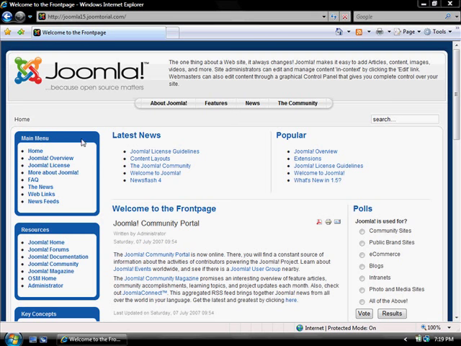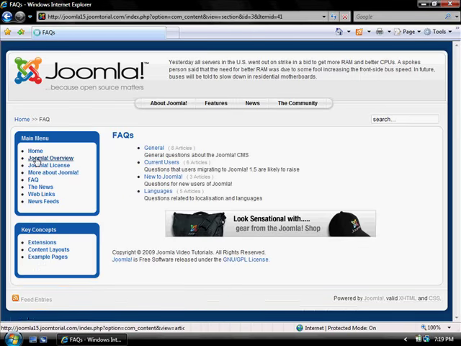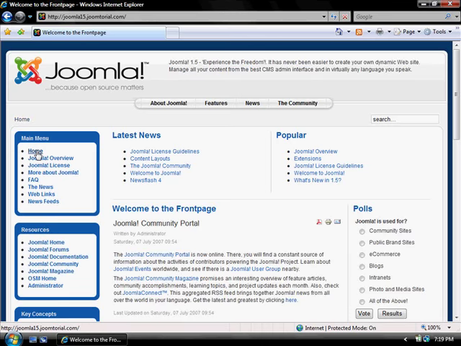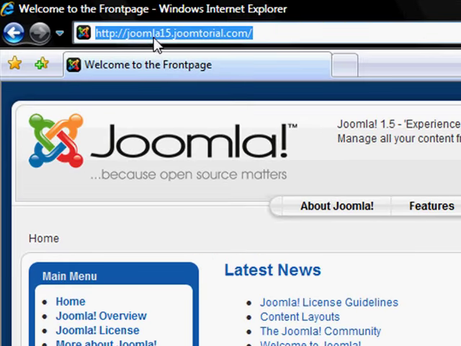And at first glance, everything seems to be working. We click on menus and everything works. But my experience has learned that once we go and install extensions in the administration backend, we can face certain problems. So what we'll need to do is a thorough check of our administration part and see if our install was totally correct. To go to the Joomla administration, the easiest way is to copy the website address, open up a new window,